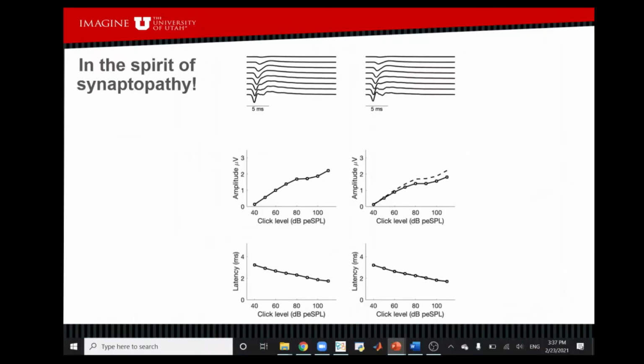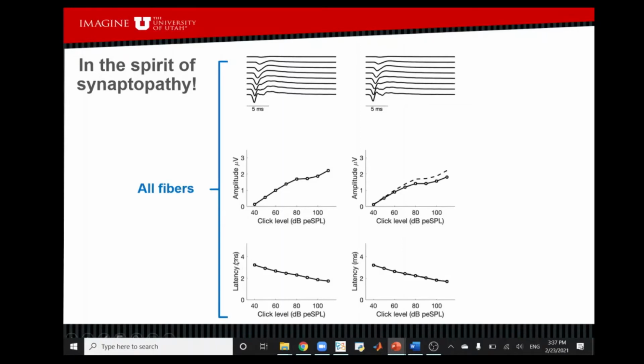As you might know, a hallmark of synaptopathy is the reduction in the amplitude of the CAP, or wave 1 of the auditory brainstem response. Here we show that our model predicts the reduction in the CAP amplitude when we exclude the low and medium spontaneous rate fibers. The left panel here shows the predicted CAPs that are elicited by clicks and their amplitudes and